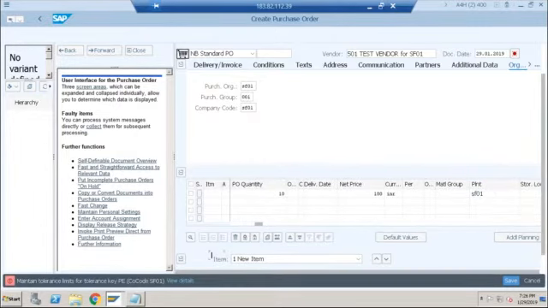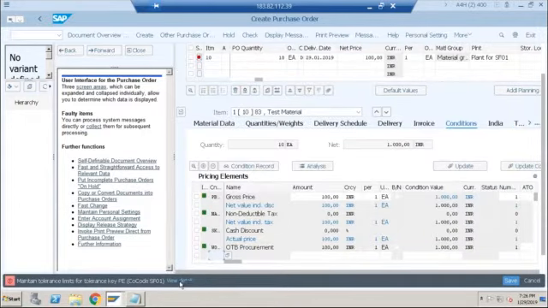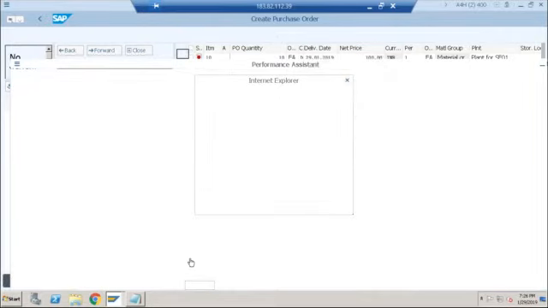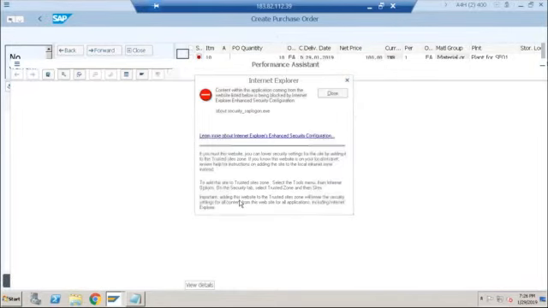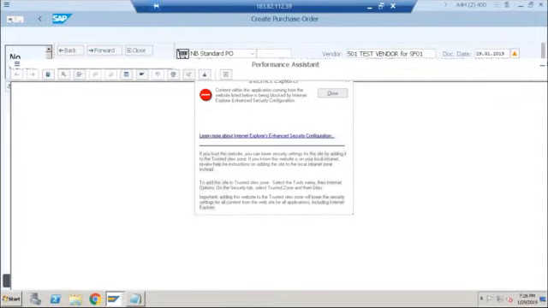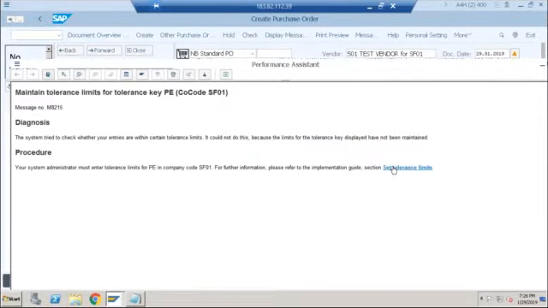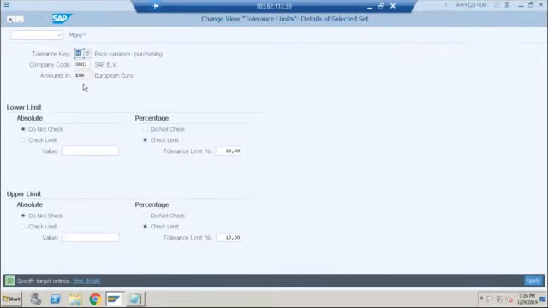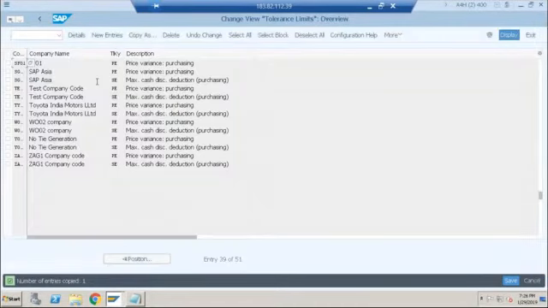There are a lot of errors which we'll get now related to configuration. So tolerance limits, let's maintain it directly from here itself. Set the tolerance limits. It was asking for PE, so I'm just copying it from any other company code. SF01. You don't need to worry about all these configurations. These are normally copied automatically when you copy the plant and company code data. Okay, so let's come out, close this. Let's press enter once again. I think it is still red, so